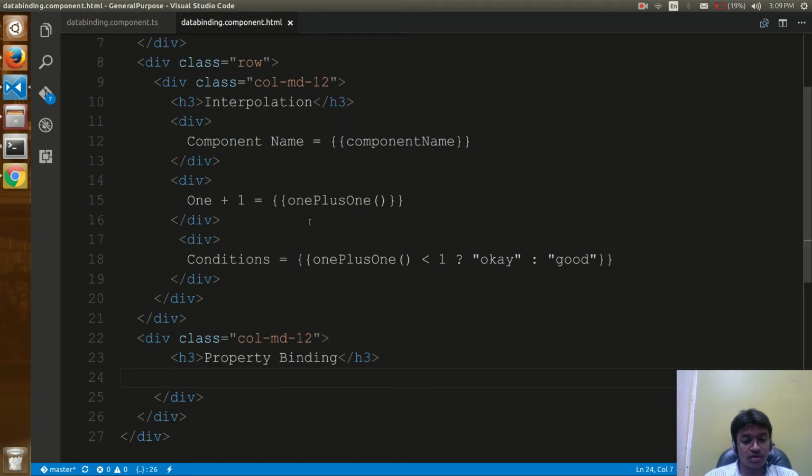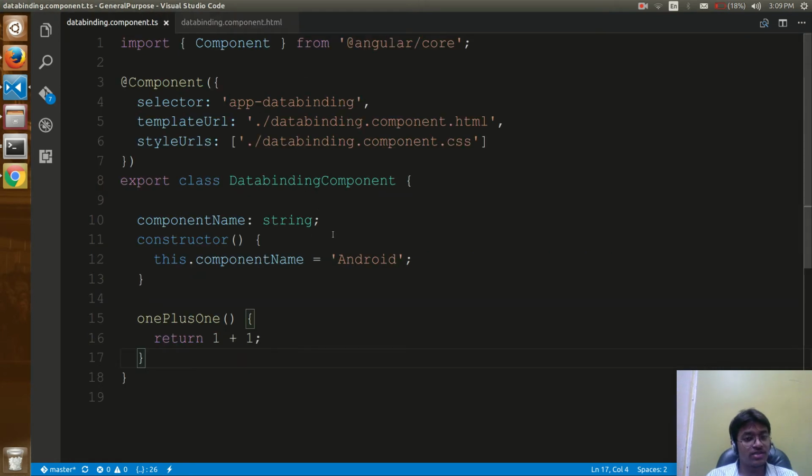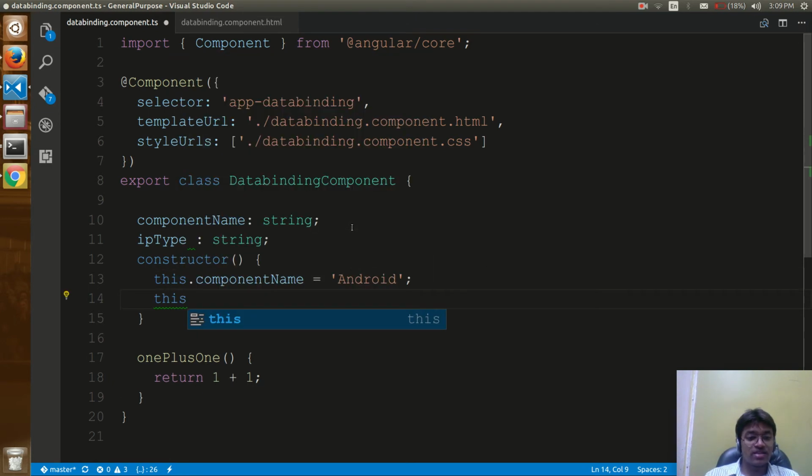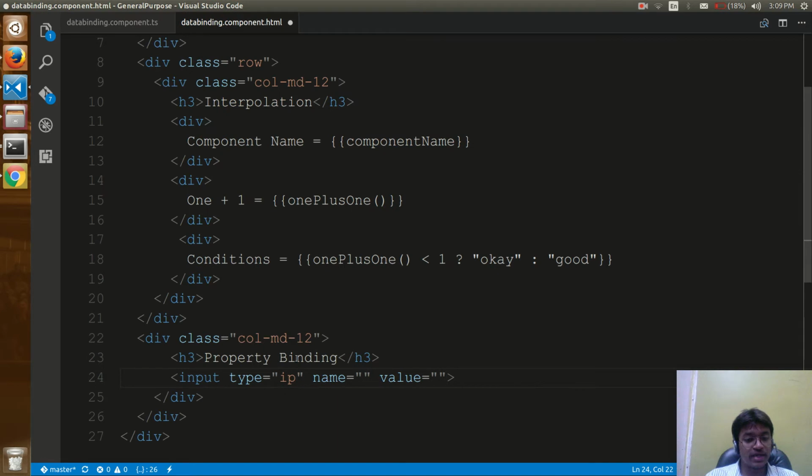Right over here, I would be having input type, and here I can say one variable, IP type, of type string. Presently I can say this dot IP type is equals to button. This dot IP type is equals to button. And here I would be saying IP type,